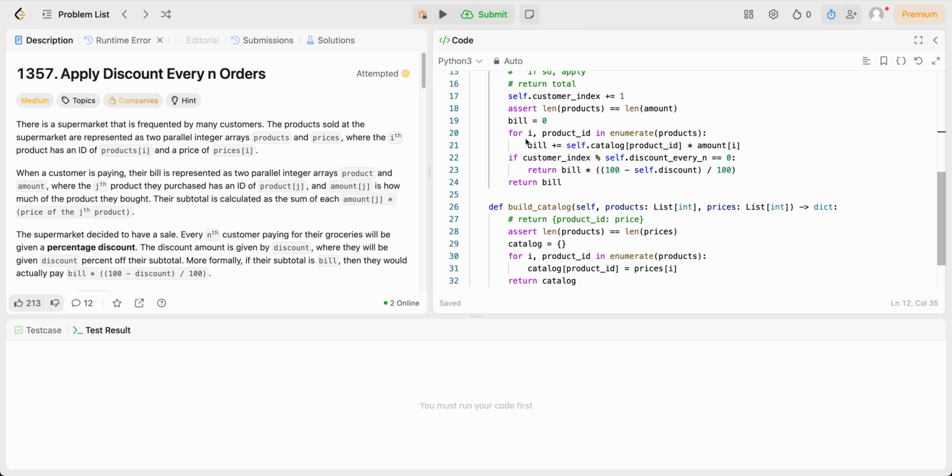Then when we call get bill, we've got a bunch of products and amounts. So likewise, we iterate over all the products. And to our bill, we add, I guess we can just initialize that to be a float. In Python, it doesn't matter, but in a proper language, wink, wink, it would. So let's see here. If customer index mod, so basically if this customer's our lucky discount winner, we'll cut their bill by the discount,